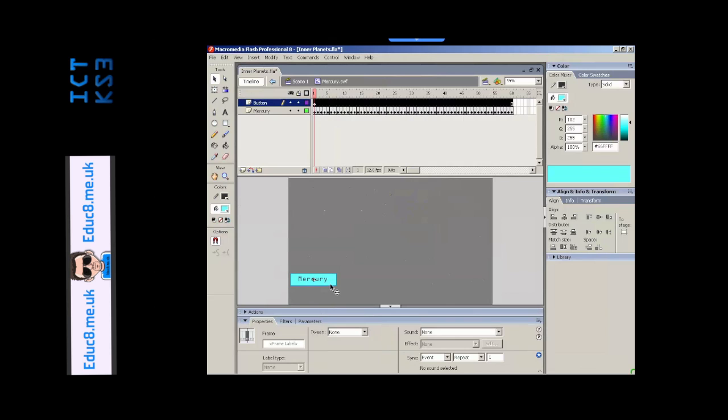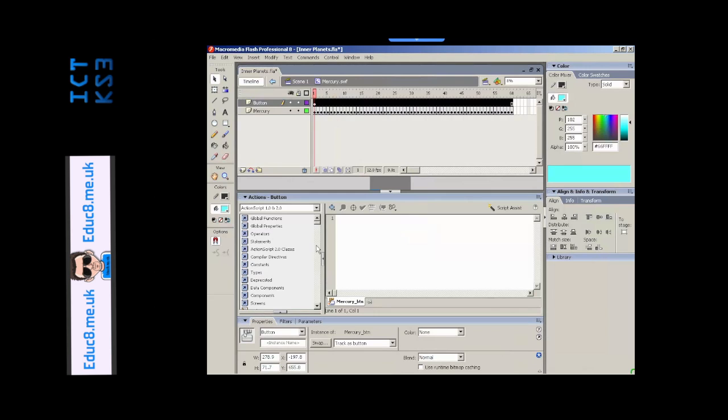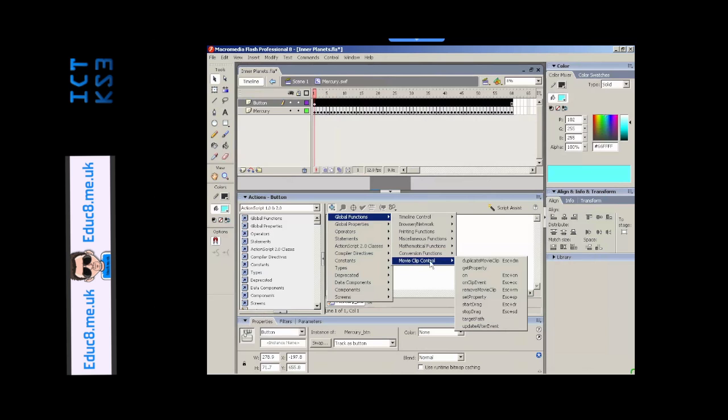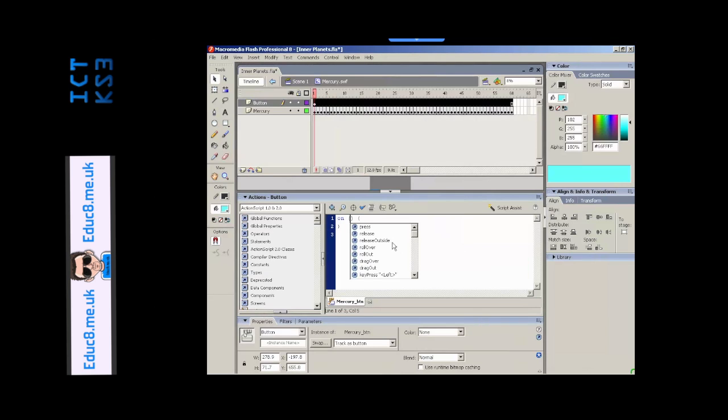So if we make sure the button is selected, we click on it just once, and we need to open up the action script. So we open up the actions, click on there. First thing we need to do is to add a new item to the script, and we go to Global Functions, Movie Clip Control, and On. Now this is identifying what should happen when the mouse interacts with the animation. So on, roll over, so when the mouse rolls over, then we need to click after this bracket,